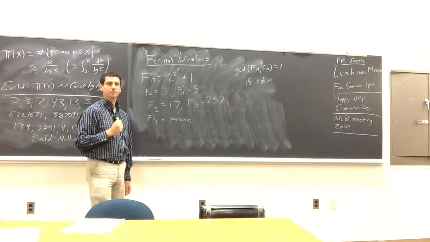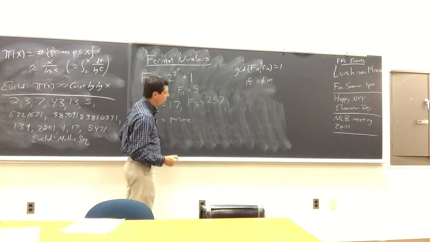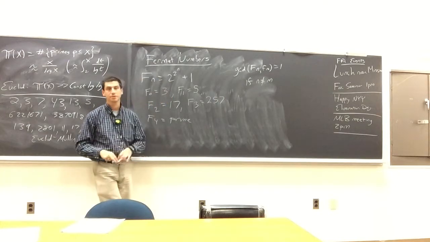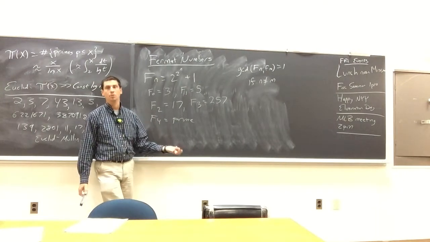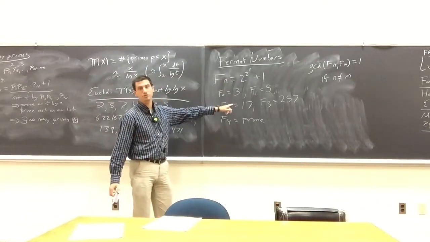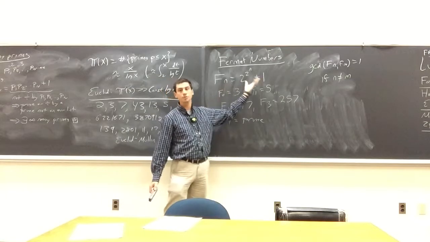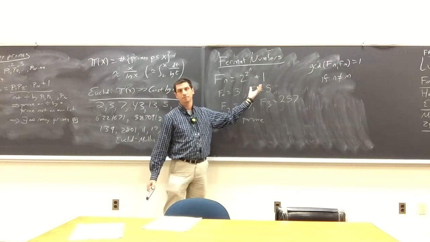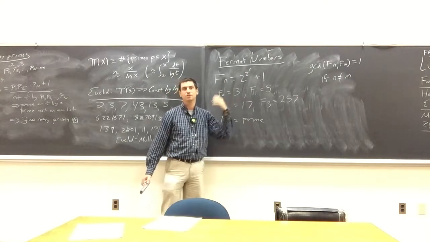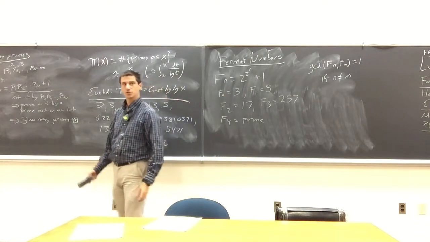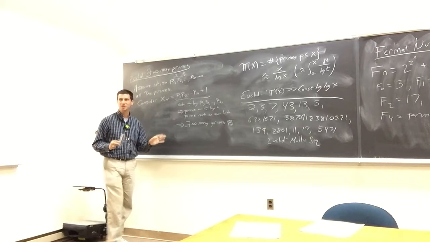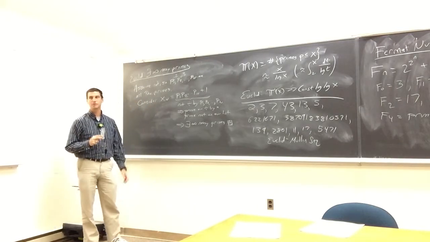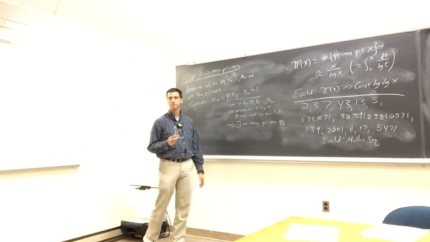Okay? So the point of all this is that we have many methods in mathematics that work, that are nice, that are easy to implement, but are not practical. If you want to use this to generate primes, these numbers are growing extremely rapidly. And we would have to factorize these huge numbers. So the question is, are there better ways to attack this? This is not a number theory class, so I will stop it here. But I just wanted to do this as a little bit of a warning as to what's going on.